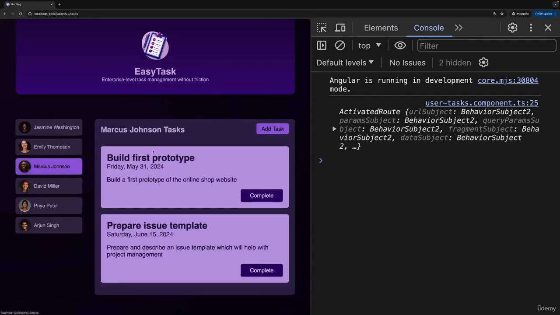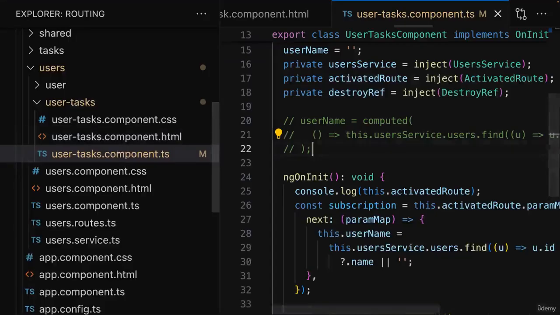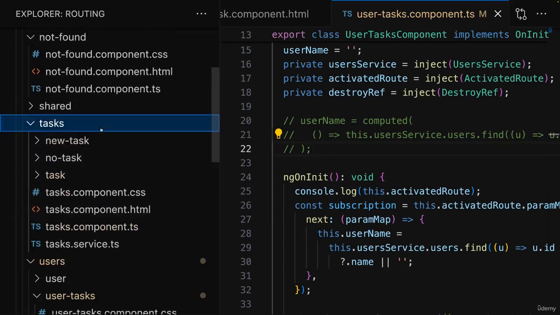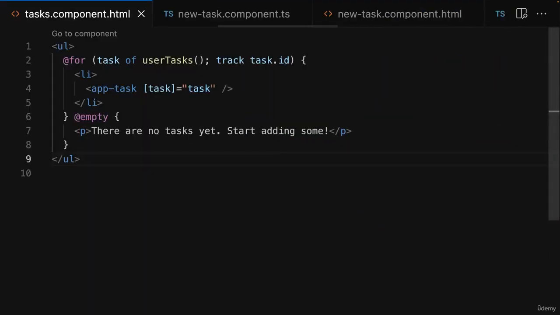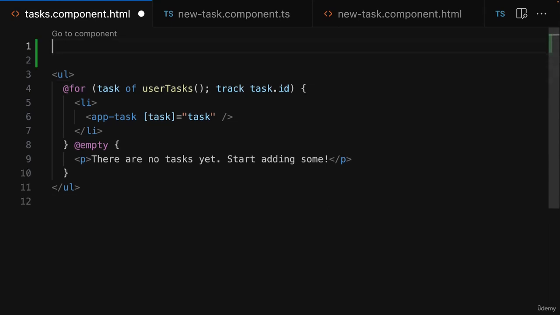Now, with that, in this application, I'd like to add a new feature. Here, when I output these tasks, I'd like to add a link or a button above these tasks that allows me to change the order of these tasks, so that we either have the most recently added tasks at the top or that we have the oldest tasks at the top, so the tasks that have been added in the past. And to add this feature, we can go to this tasks component, and then there, above that unordered list,